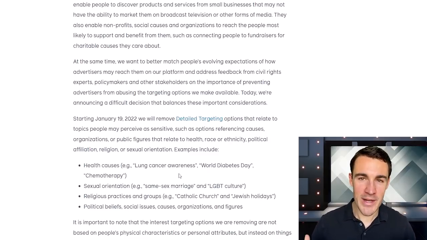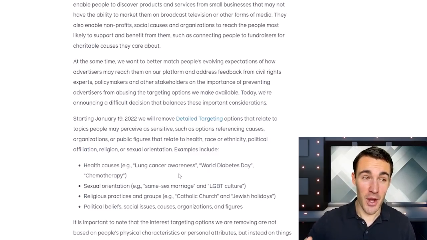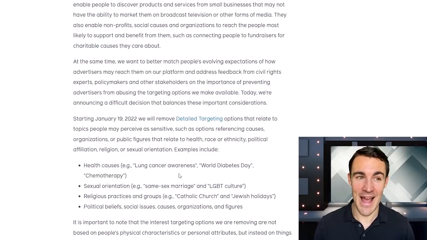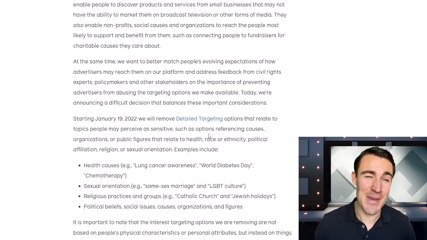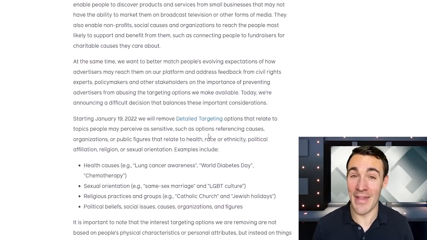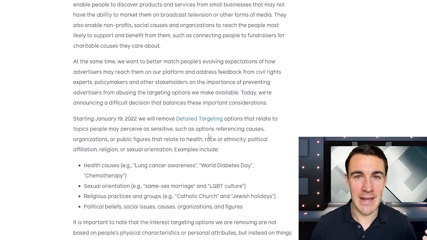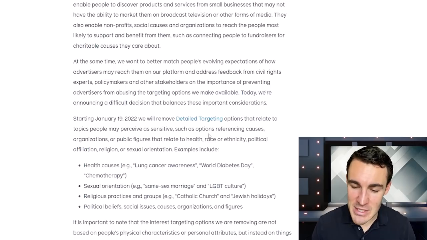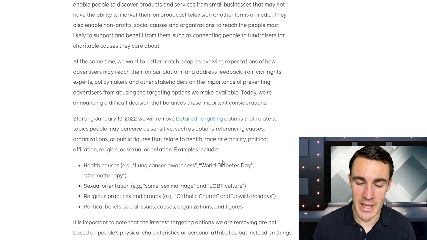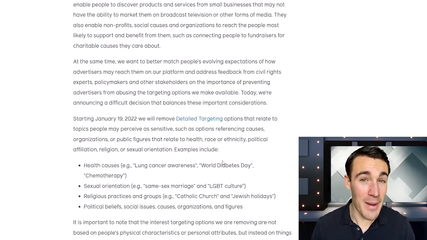I think what's annoyed a lot of Facebook advertisers is that Facebook has gone a step further than this, and they have removed a whole bunch of stuff that doesn't even really fit into these categories. Maybe it just does a little bit, and they've all gone as well, which, as I said, has made life for Facebook advertisers much more difficult than it needs to be. So this is what Facebook are doing. This is why they're doing it. Now we need to get into how we go about actually fixing this problem.